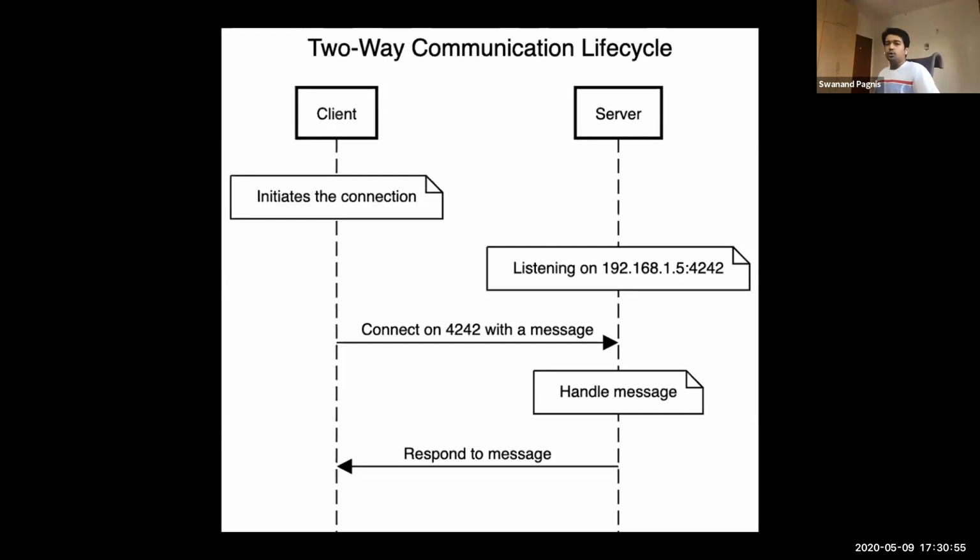And so the client knows beforehand. When we send an HTTP request, we know beforehand which IP address we're going to send the request to. Or when you're connecting to Redis or Postgres or whatever, you know the IP address beforehand. So the client initiates a connection and sends that message on that IP on that port. Then the server handles that message and does something. If it's Postgres or Redis, it's going to acknowledge,